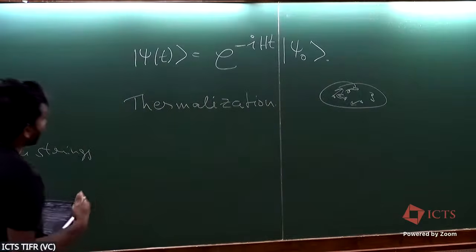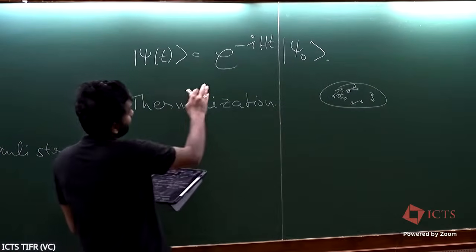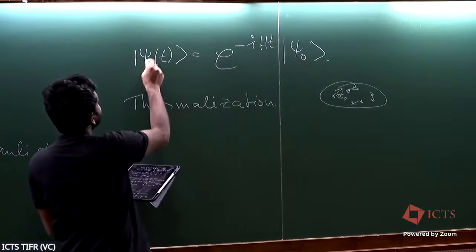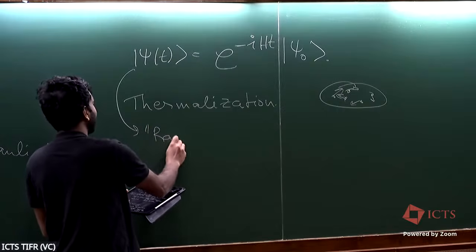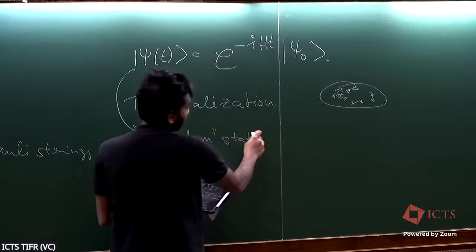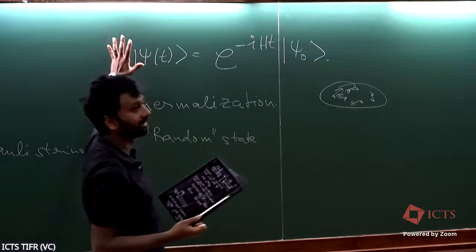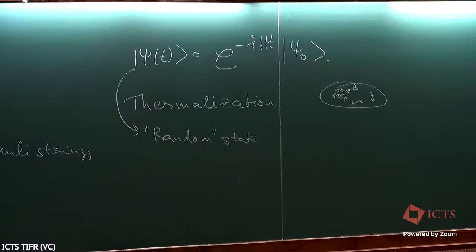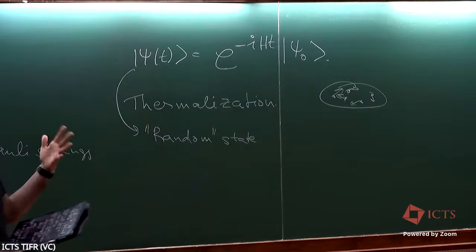So there is a quantum analog of that, which says that after sufficiently long time evolution, this psi of t is almost a random state. I'm putting random in quotes because it's not truly random. But for all practical purposes, this is some very complicated state in the Hilbert space. And so the idea is, if this Hamiltonian is generic, so you just pick a random local Hamiltonian, any simple initial state would evolve to a complicated state at late times.